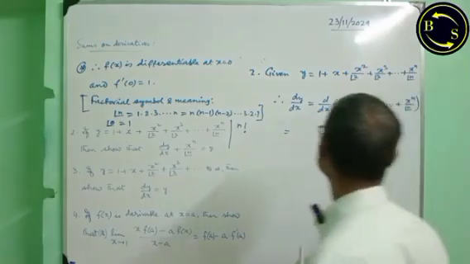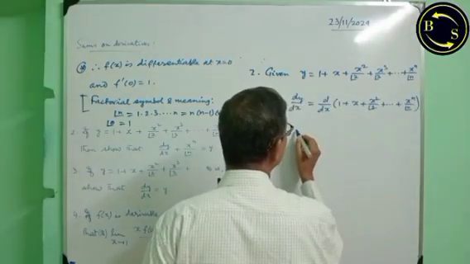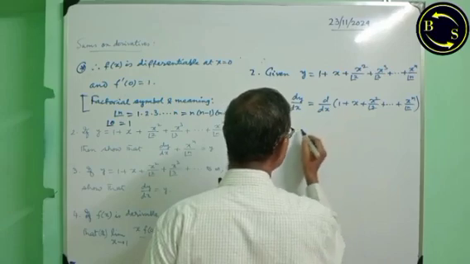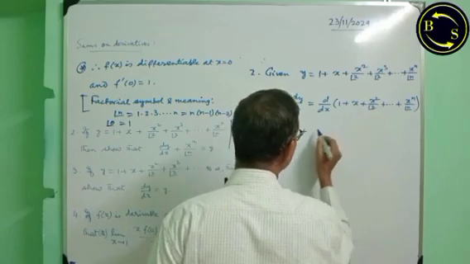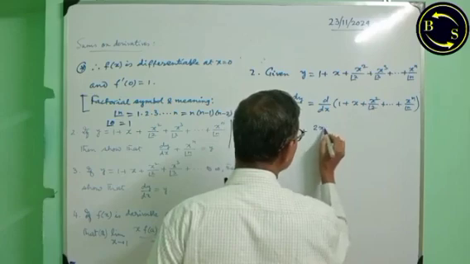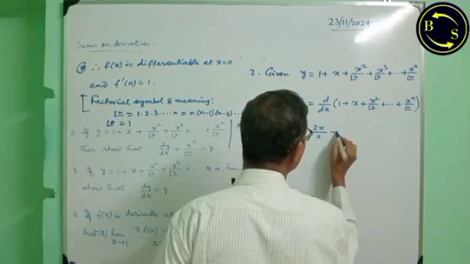I write here, skipping that step: d/dx of 1 is 0, d/dx of x is 1, then d/dx of x square by factorial 2 is 2x by factorial 2, that means 2,